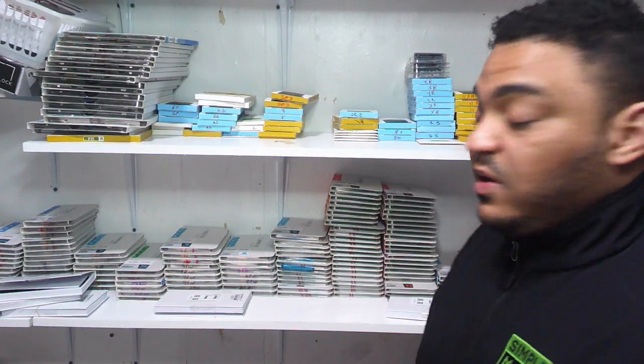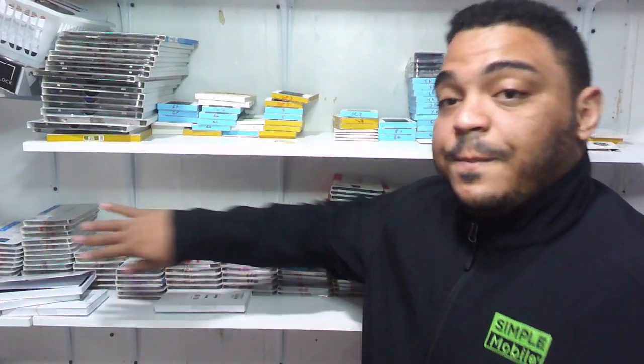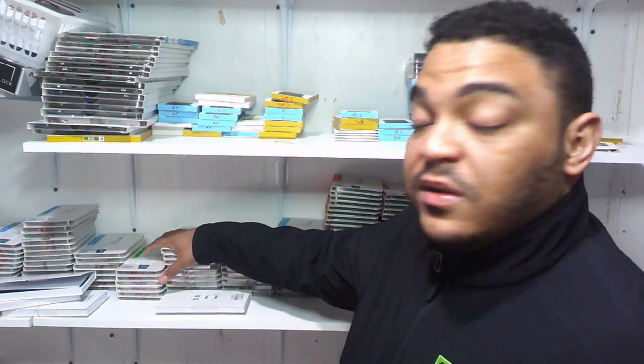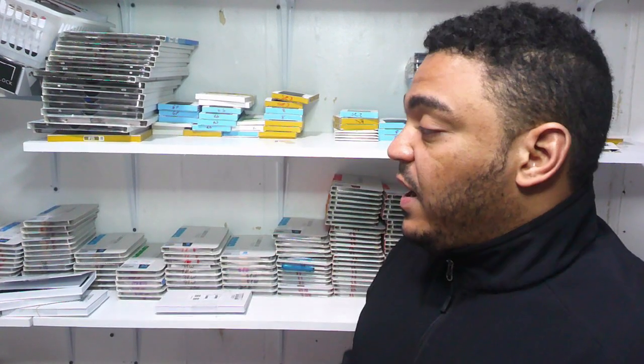iPads, the glasses, 2 or 3 for each one. It won't hurt. The XRs, they sell like crazy. 11, they sell like crazy. X, the A+, these ones are slow sell now. They used to be a lot of money. But they're slow sell, but we still gotta have it. 5s,